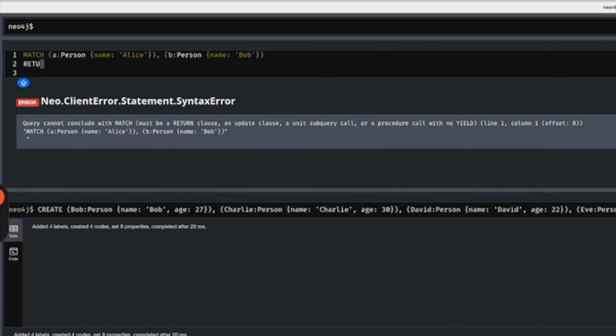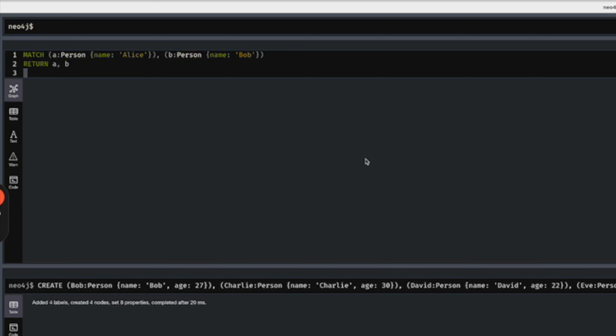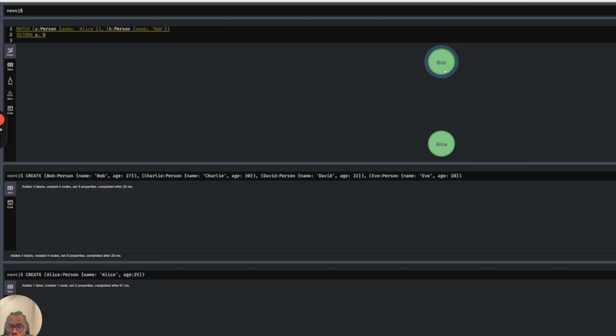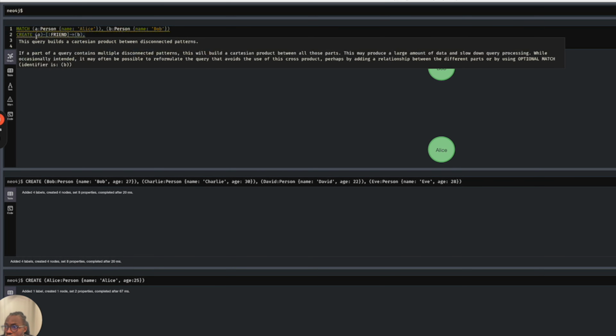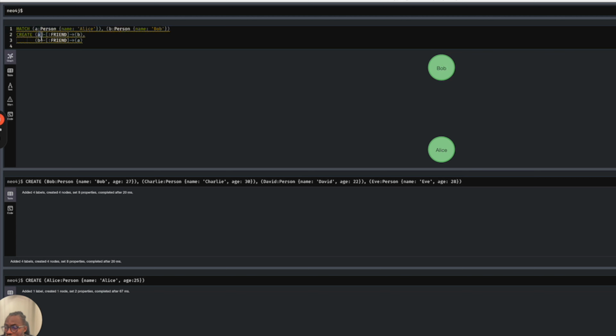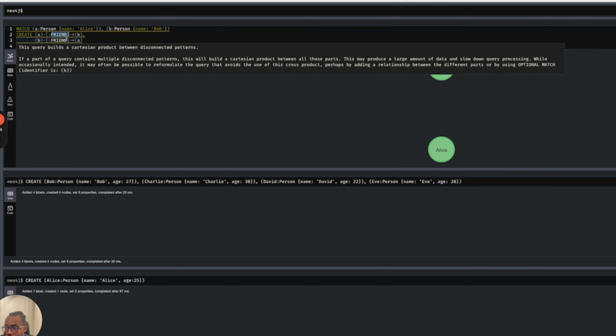Apologies, you have to return A and B. So let's see, we have the two nodes, like you can see here. Now we need to create a relationship. So I'm going to copy this and paste. Great, so create the keyword, and we have the node Alice saved in variable A, friend, that's the relationship, and